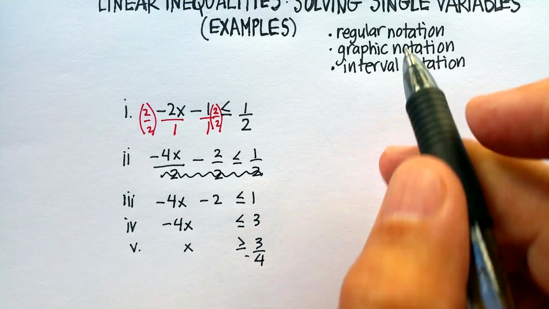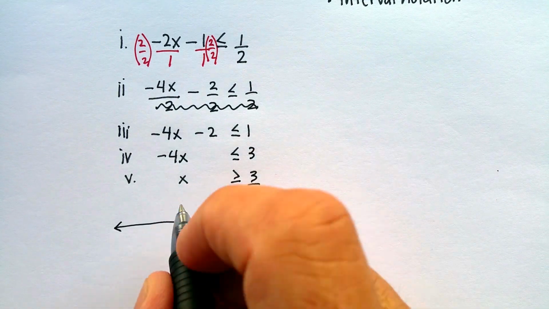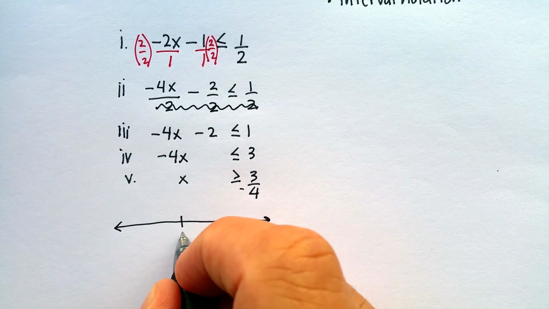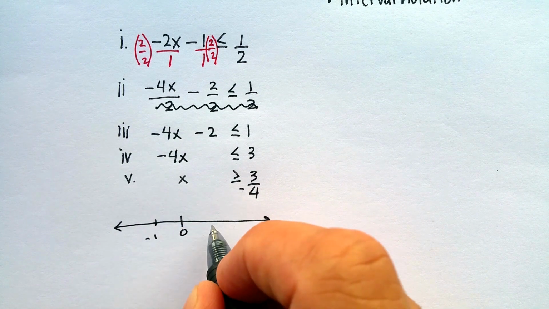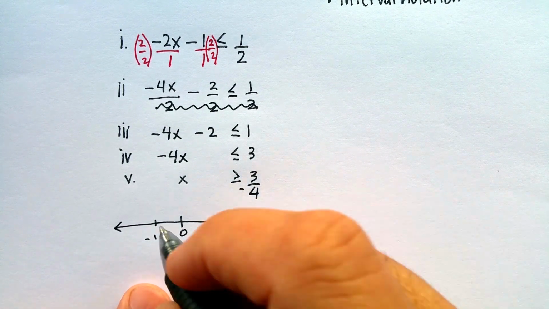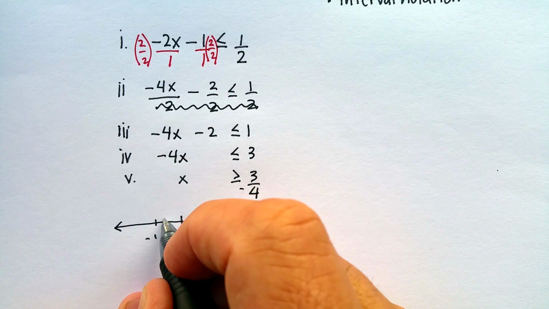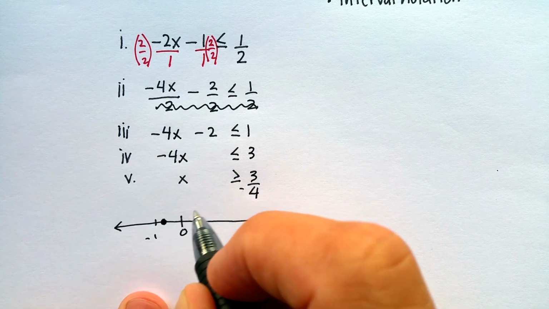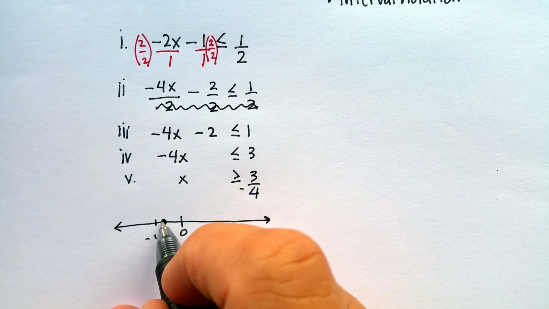Graphically, what does that look like? Let's draw a number line. Okay, there's my number line. I'm going to put the 0 there as a reference point. I'm going to put a negative 1 there. And I see that it's a negative 3/4, so I'm just going to go right here. Since it's equal to, I'm just going to approximate it. I'm going to fill it in too, since it's an equal sign. And I'm going to follow the direction of the arrow